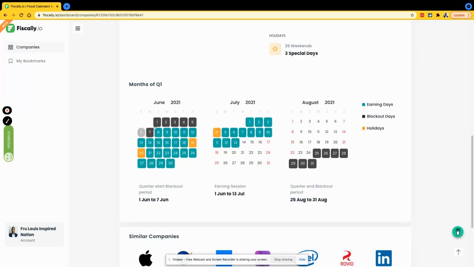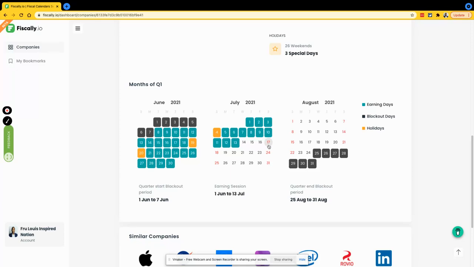And so what we're doing here is we're highlighting blackout periods. So these are periods where don't even bother calling for the most part because people are probably not going to pick up. Everybody's heads down trying to close the fiscal quarter. And so we're trying to highlight that for you here. Also, blackout periods at the end of the quarter, which is this, and or at the beginning of that quarter. Now, in between that, this is kind of your gray period. This is when you can call because the quarter is over, the books have been closed, and people are ready to do business. So, hopefully, for sales folks, this will give you some ideas to use this information when prospecting,